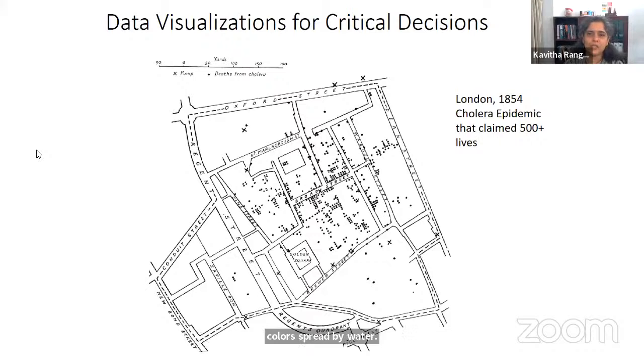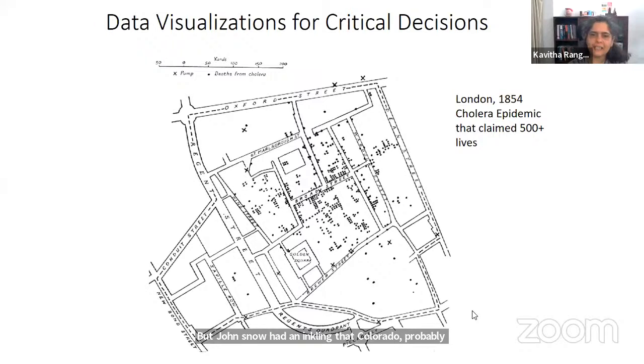but at that point in time, there was this general notion that people thought cholera actually was spread by air. So they didn't know it was spread by water. And there used to be repeated cholera epidemics, which used to be very widespread and quite deadly. At that point in time, there was a physician in London, and his name was John Snow. By the way, the name is just a coincidence. If you think John Snow rings a bell, that's just a coincidence. But John Snow had an inkling that cholera probably spread by water.